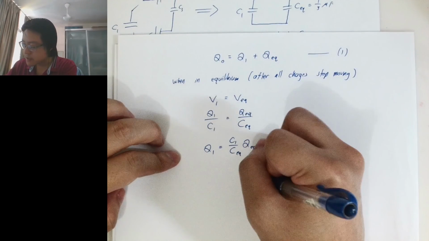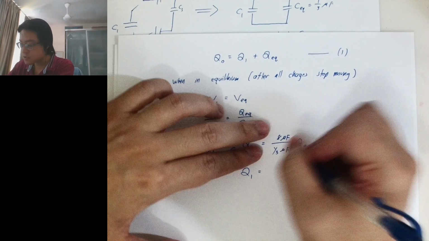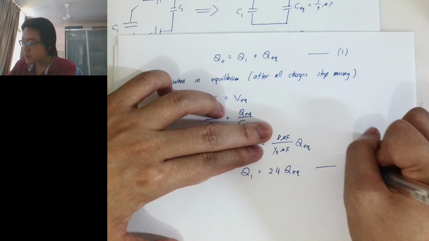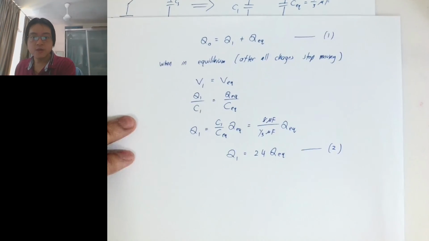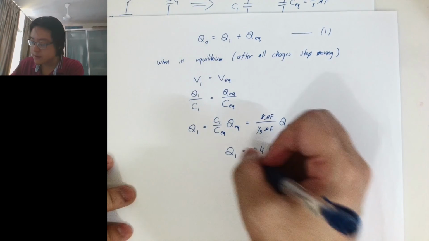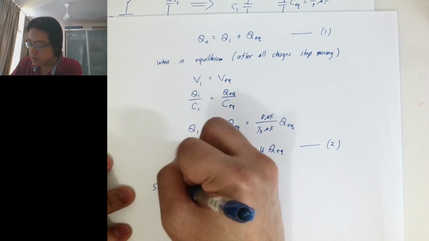So I have the equation that says that Q1 is equal to 24 Q equivalent. So this is equation 2, right? So I have two equations and two unknowns. So I can solve for Q1 and Q equivalent. I can substitute equation 2 into 1,